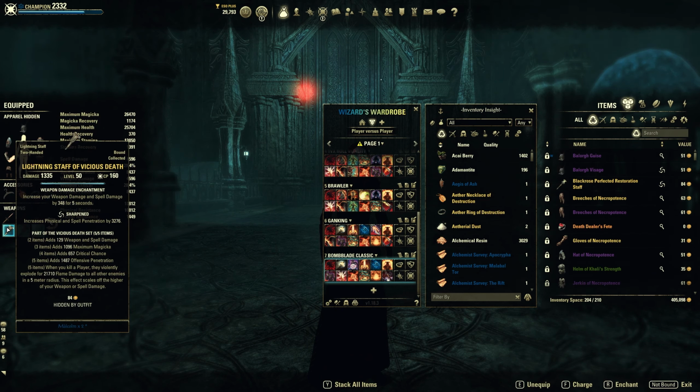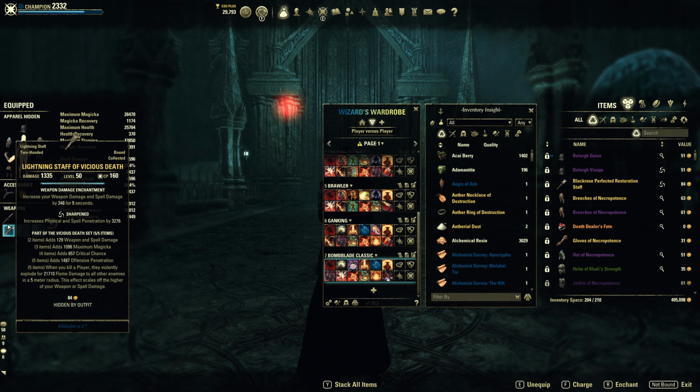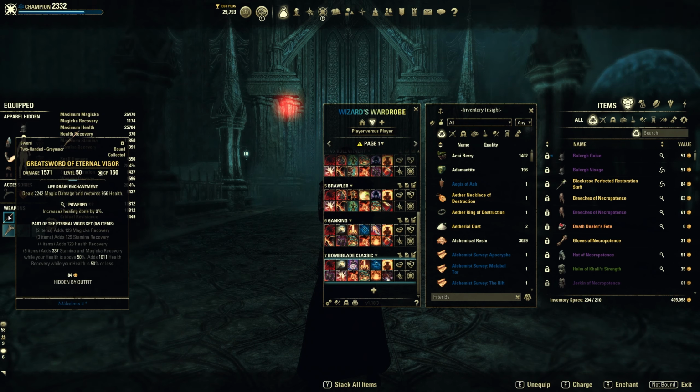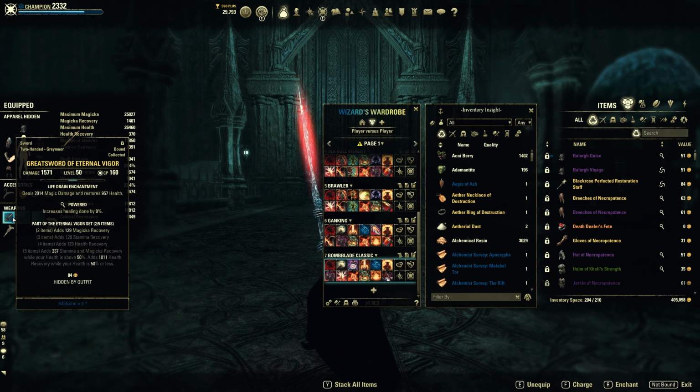front bar with a Berserker enchant and the sharpened trait Lightning Staff. On the back bar I have a random greatsword of a set that gives magic recovery on the 2-piece. So an example of that is Eternal Vigor, another example that is Seducer. The trait doesn't matter that much. If you really want to min-max you can go with Decisive to get the ultimate a little bit faster, but